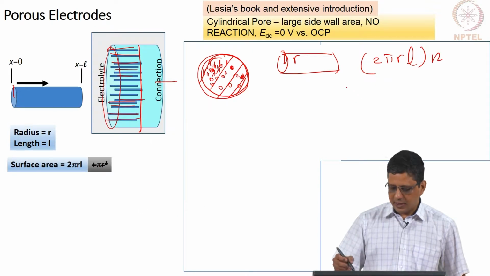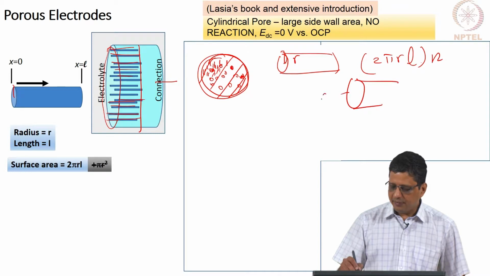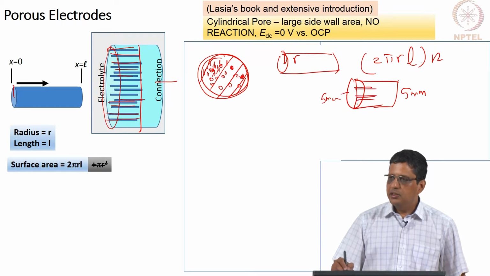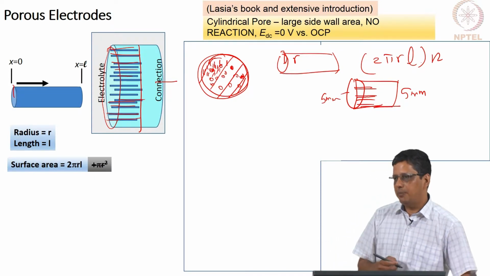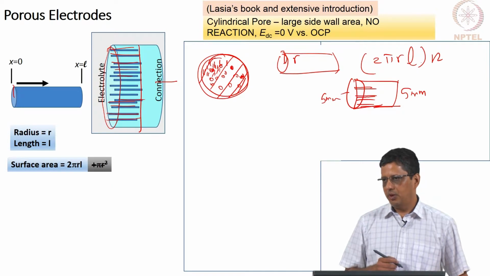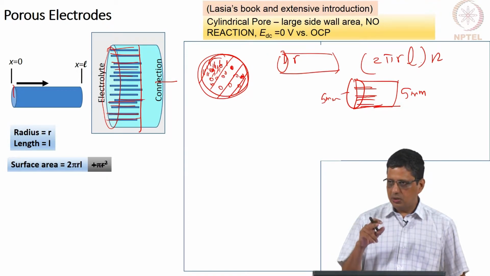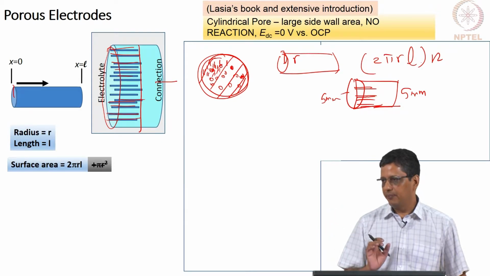So, if we have an electrode which is 5 millimeter diameter, 5 millimeter length, it is a small electrode. We assume the pores are very small in terms of the radius, and relative to the length of this it is still small, maybe it is half millimeter in length. Maybe it is 1 micron in the pore diameter or pore radius. So, there are going to be many very small pores. Compared to the diameter of the electrode, the pore diameter is nothing. Compared to the length of the electrode, the pore length is very small.